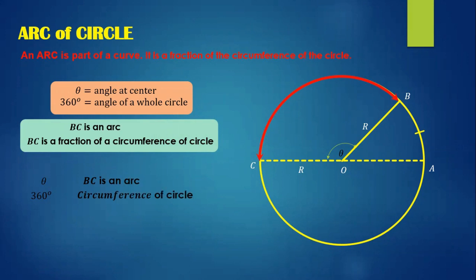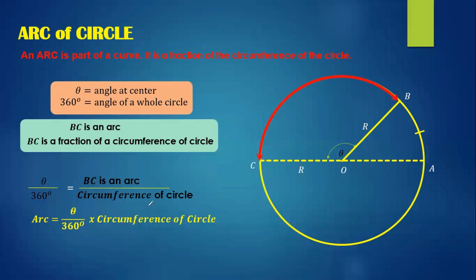So the common technique to find the arc of the circle is by using the ratio. The direct proportion is theta to 360 degrees and arc BC to the circumference of a circle. Then we can find the formula by using cross multiplication. So arc is theta over 360 degrees times the circumference of the circle, right? The circumference of a circle is 2 pi r